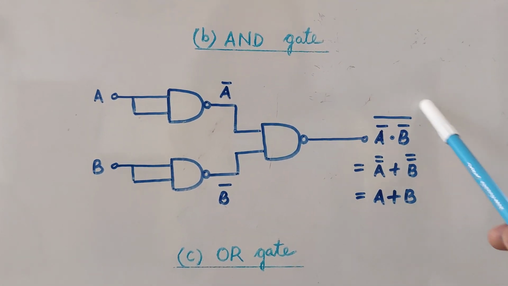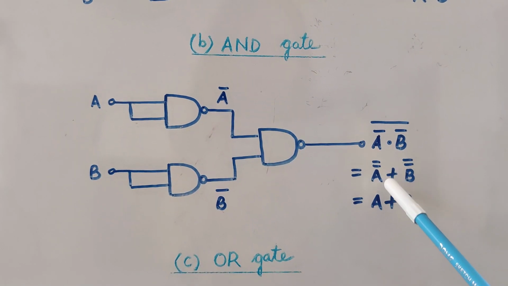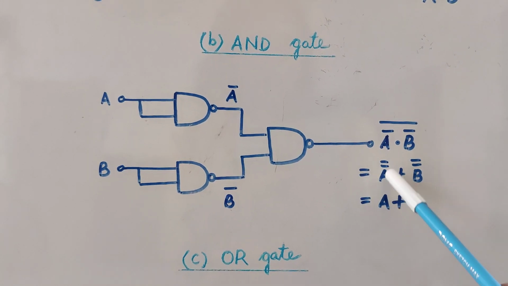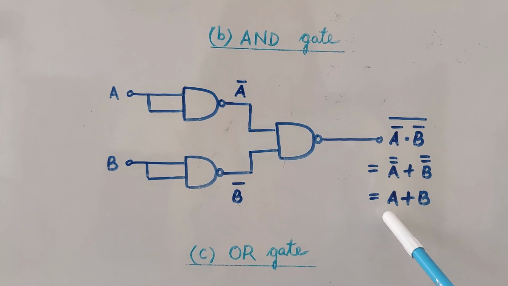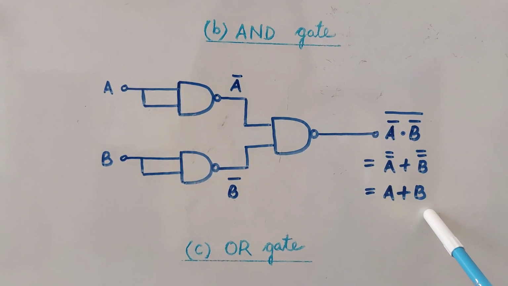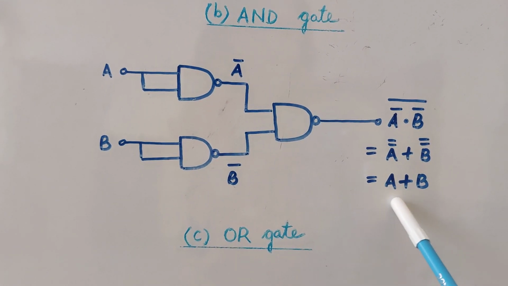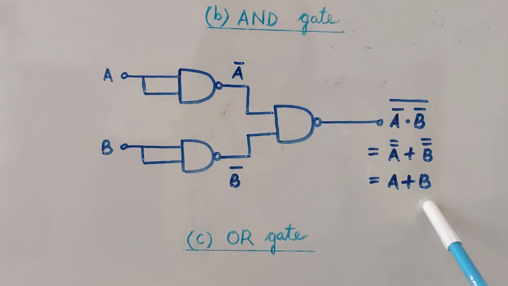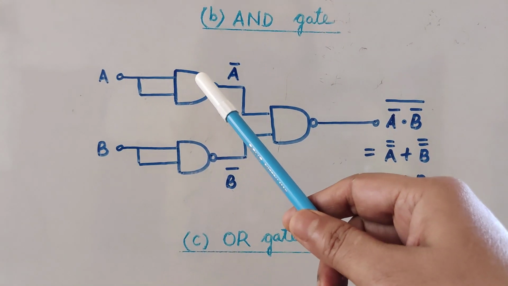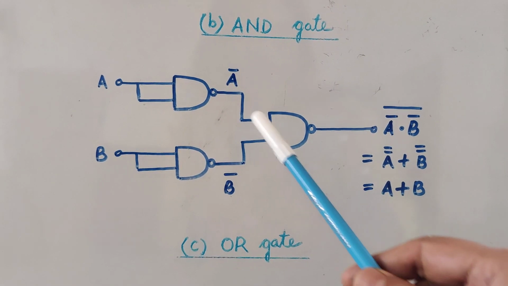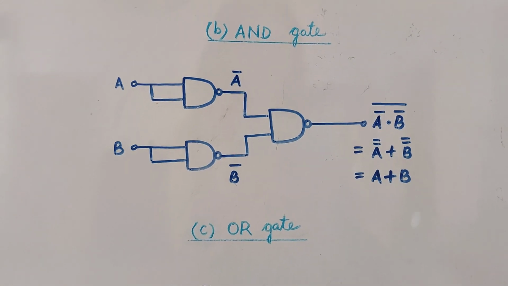Now when we solve this by using De Morgan's theorem, it will come out to be A double complement plus B double complement, and A double complement will give A, B double complement will be B, so that the value comes out to be A plus B. And from the logic formula of the OR gate, we know that this is the output of an OR gate. So we have obtained an OR gate by using a minimum of 3 NAND gates. So a minimum of 3 NAND gates are needed to make one OR gate.